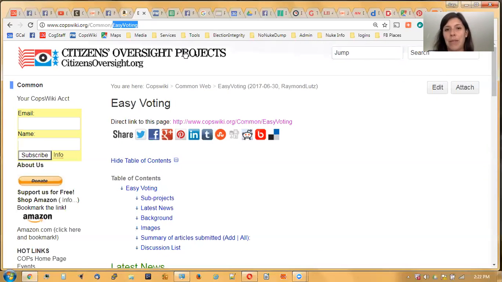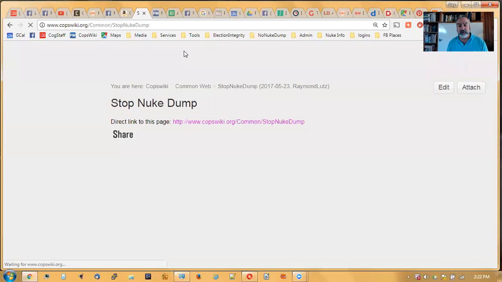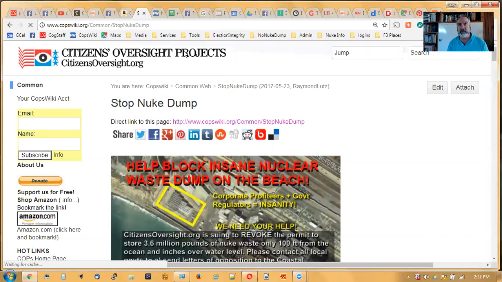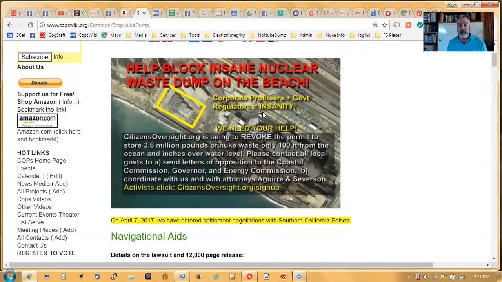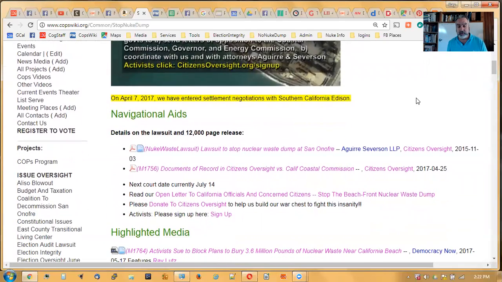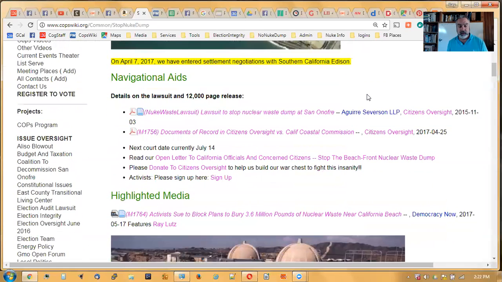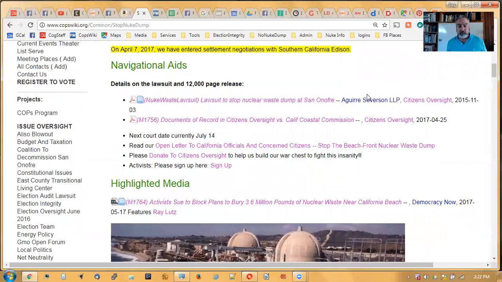Okay, so let me try to address that question. Let's go over to Stop Nuke Dump. And essentially, there isn't enough commonality between projects we find to make it be like an automatic thing that is already set up. But we do have ways, and I want to cover a couple more things with you specifically, that we do have,